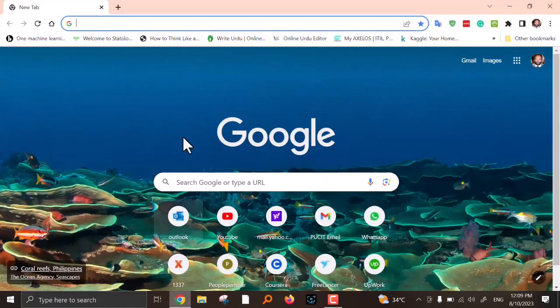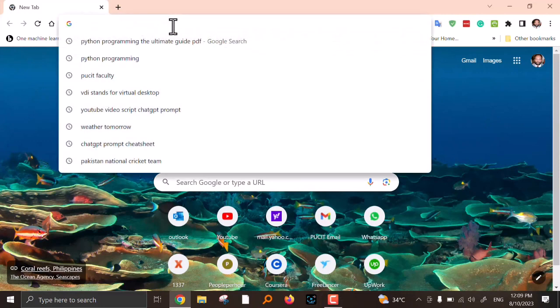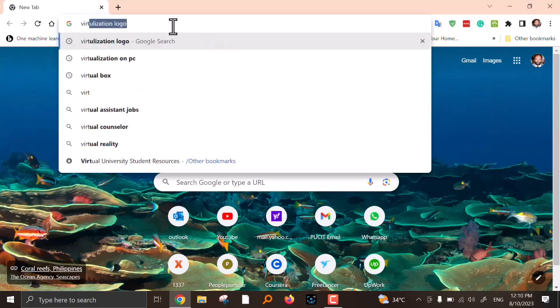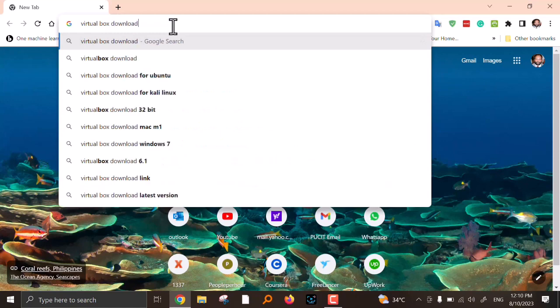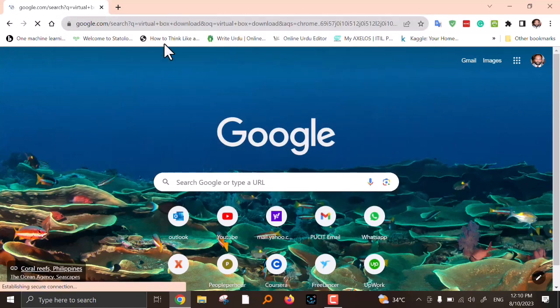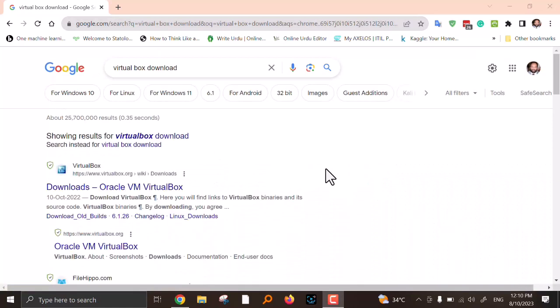We will just go on Google and search for VirtualBox download. So guys, there is the first link, Download Oracle VirtualBox. We will click this one,